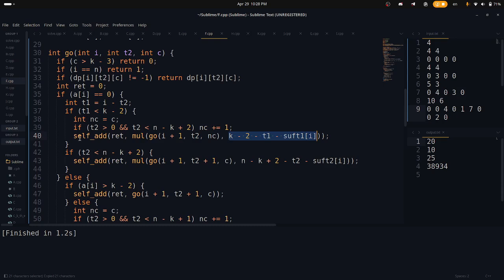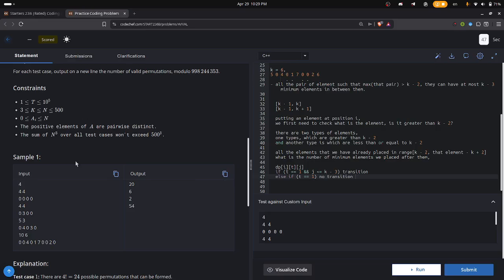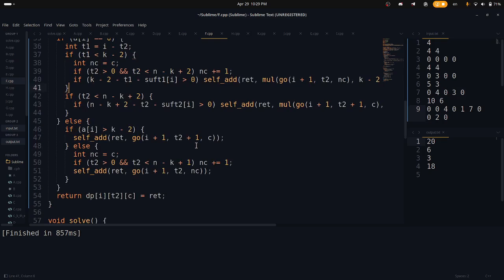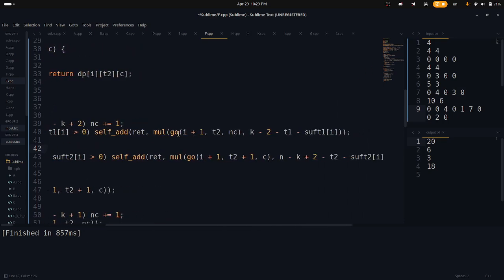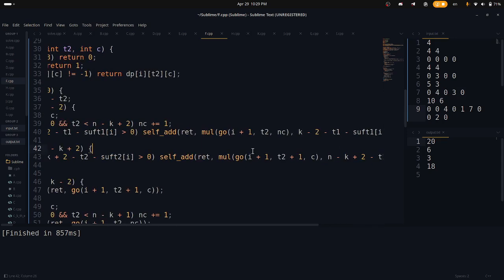So if this is greater than 0, only then we do this. That are the total elements T2 we have already placed, that are fixed elements. So other than those elements are,